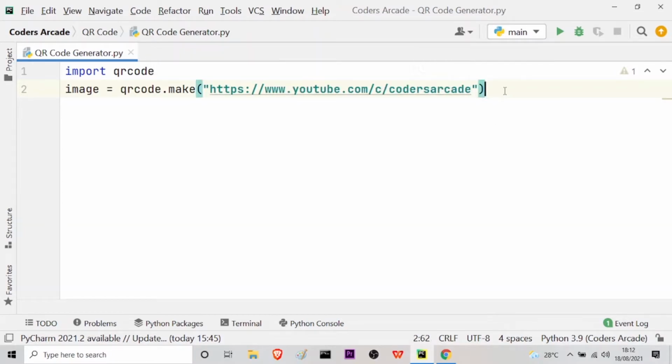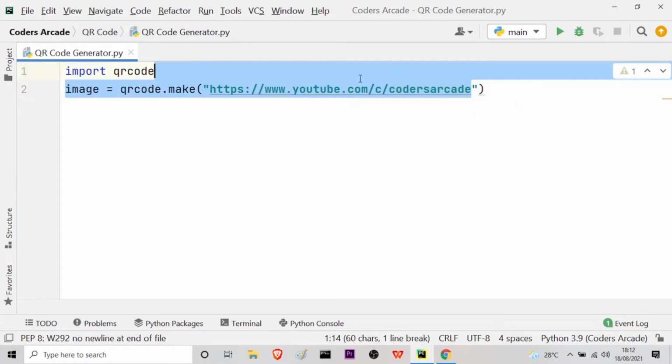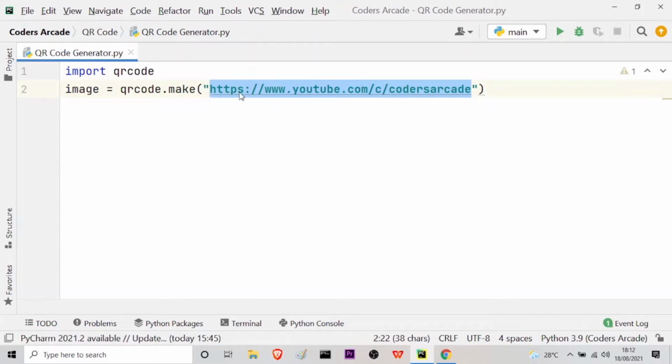So this is done. Now what will happen is this URL will be taken as information and it will generate a QR code depending on this link, and will be stored inside this image variable or object that we created.